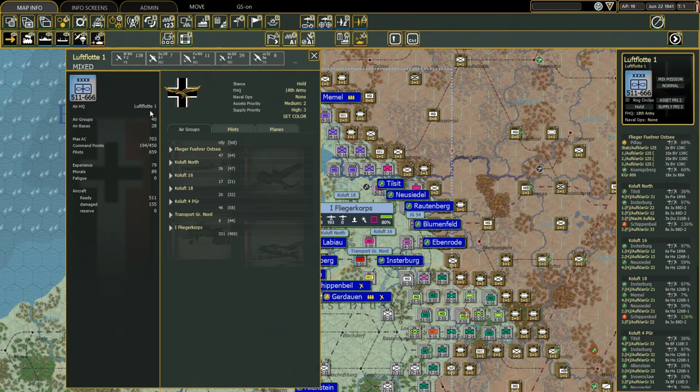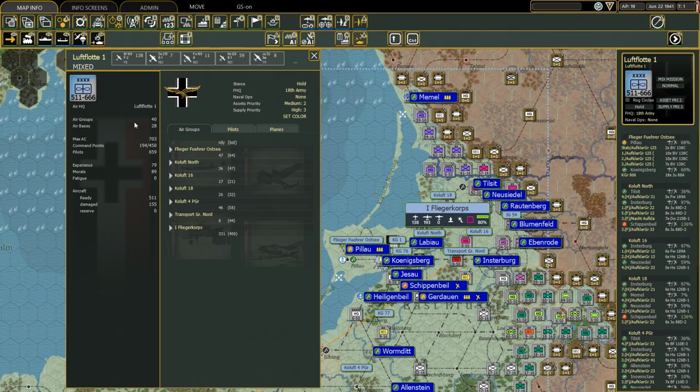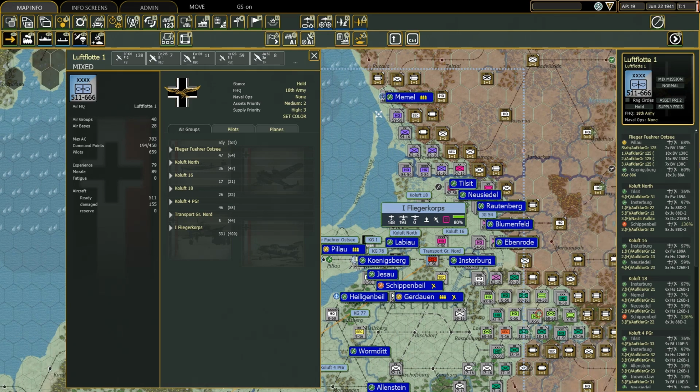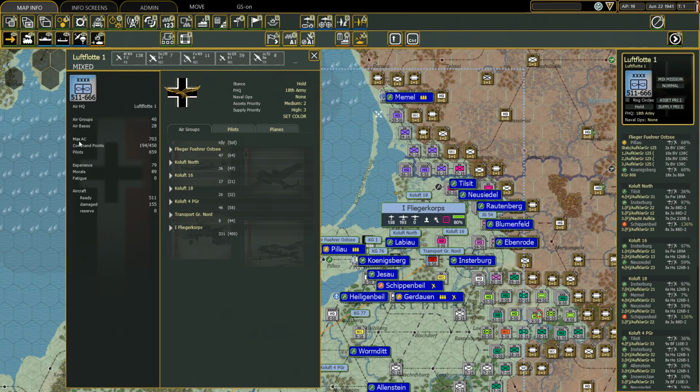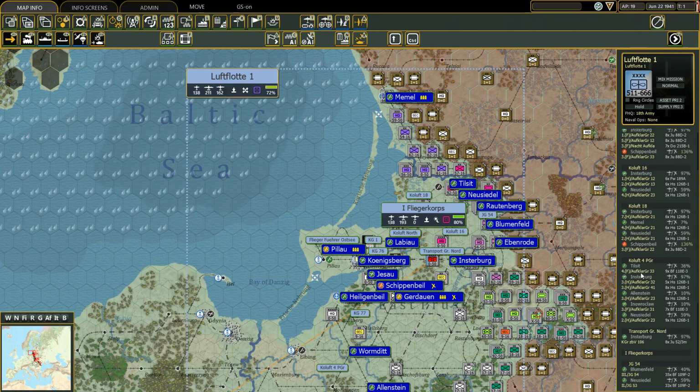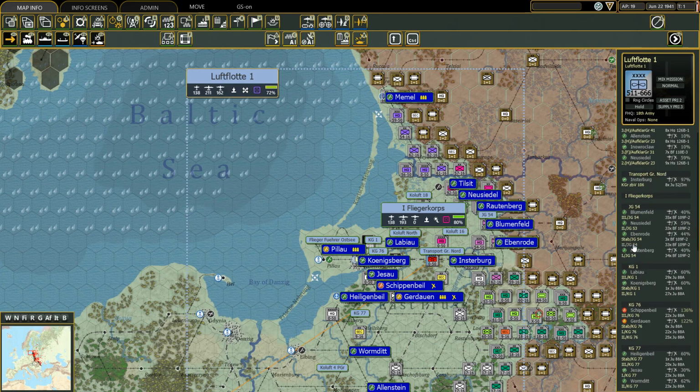Air HQ is the Luftflotte 1. This is quite intuitive. Air groups are the ones listed here, so it has 40, and air bases is the number of bases that are currently occupied by all the air groups of Luftflotte 1. The max AC indicates the maximum number of aircrafts that this Luftflotte can hold. The maximum number of aircraft is actually dictated, let's say,